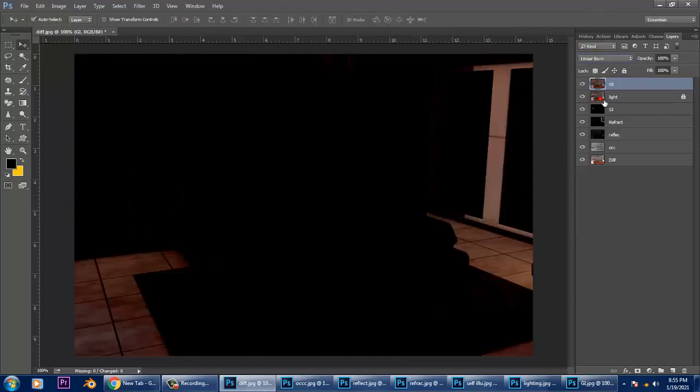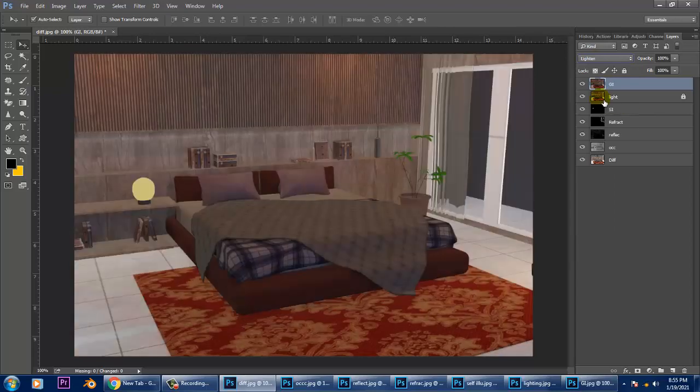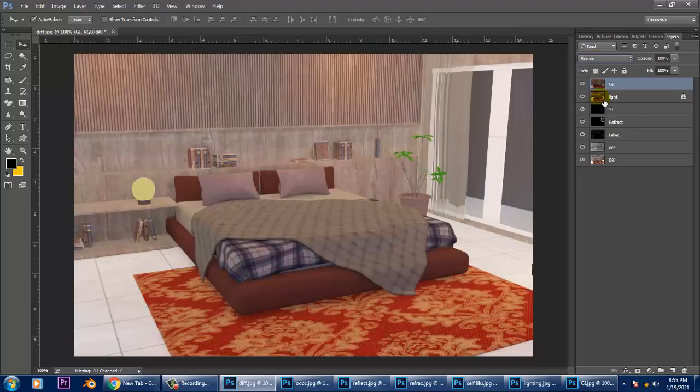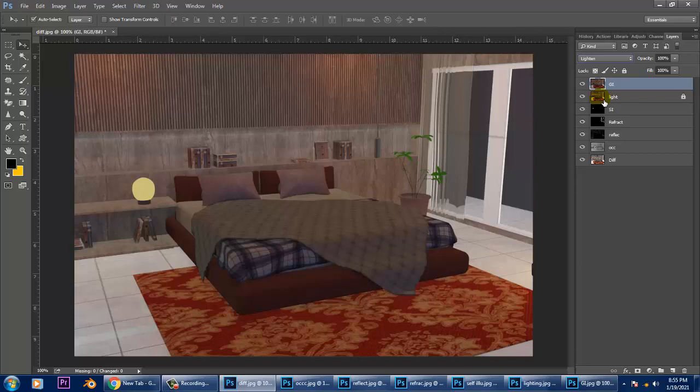We can go into the GI, that's your global illumination. We can keep this also on lighten.